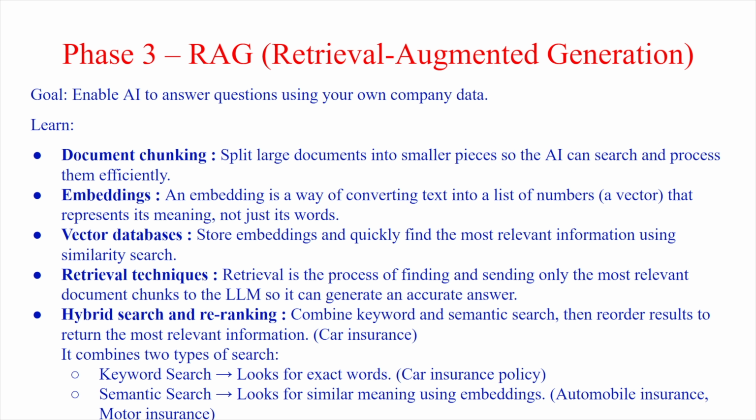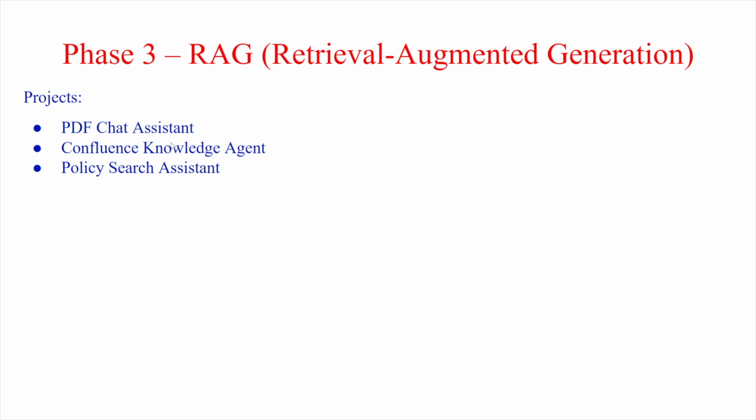For example, if you want to search for a car insurance policy, the AI model will not just ask for the car insurance policy, which is a keyword search, but also do the semantic search done through embeddings. Embeddings not only find the car insurance policy, but also capture the meanings, for example, automobile insurance policy or motor insurance policy, which are not just the word but also its synonyms and meanings, stored in the vector database, which helps in fetching the relevant content from a large document. And that is what RAG is, which helps you find the relevant information from a 100-page PDF.